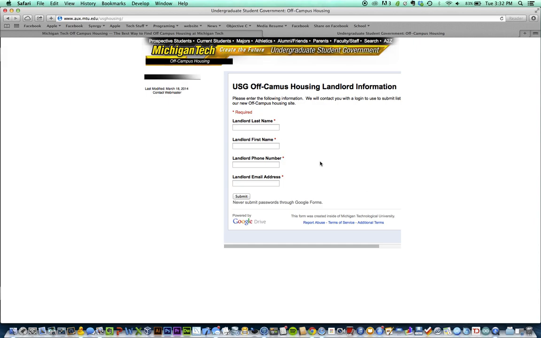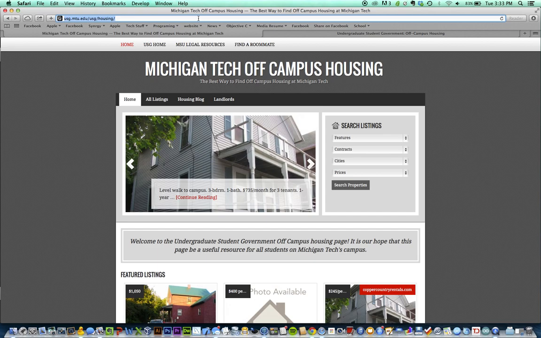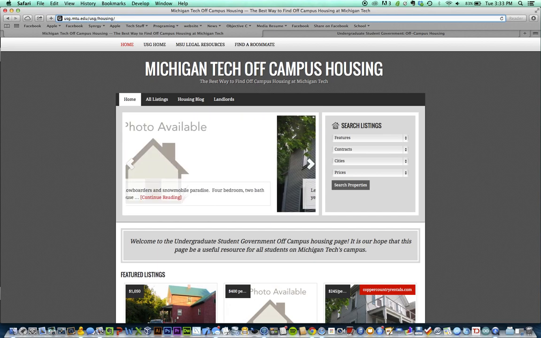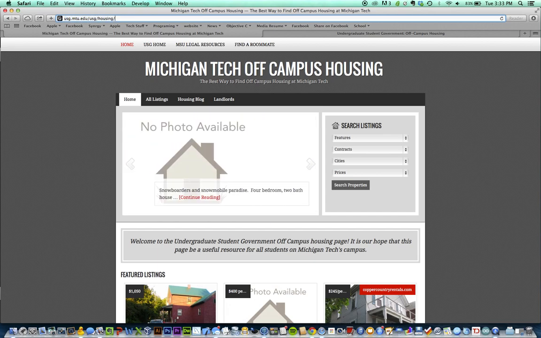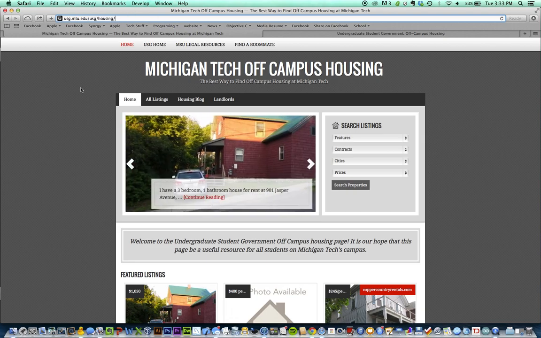And once you fill out this form, it will let the people in the USG and Student Activities office know that you need a new login for the website. And so we'll go ahead and create that for you, within a couple hours to even a couple days, depending on the busyness of the office. And so once you have that login, you can navigate to the new Michigan Tech off-campus housing page at